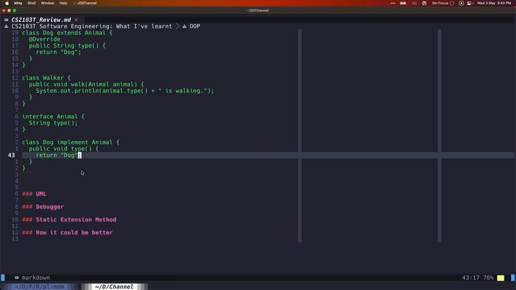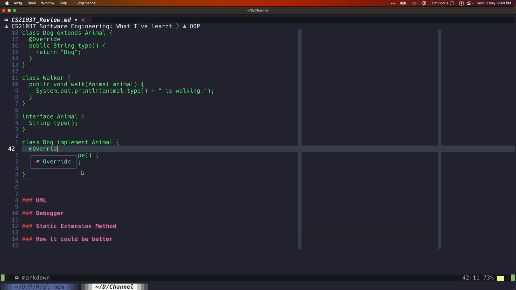Sorry, this is a bit messy because I just came up with this example on the go. But when you read the Animal, it also provides this type, which also makes perfect sense.